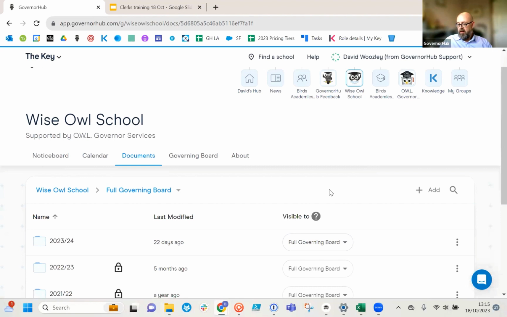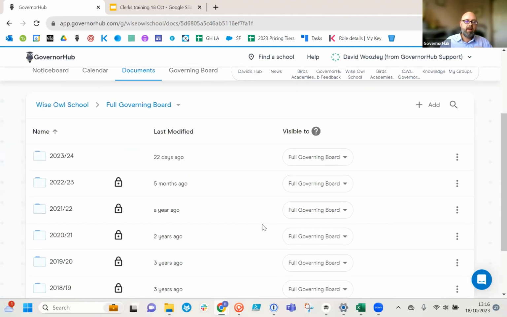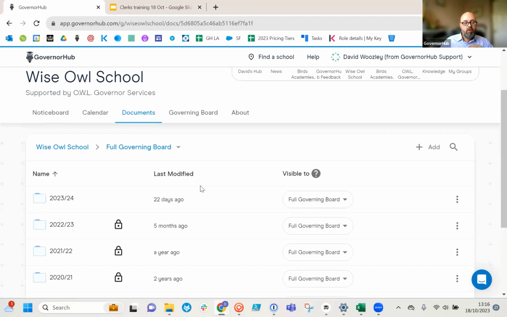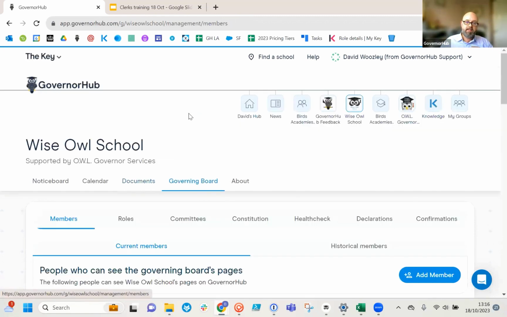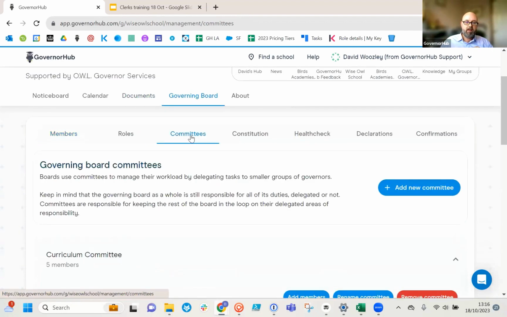Right. I will just mention, because we had a question in the other day on personal documents. By this, I mean if you have documents with personal details on, let's say you've recruited a governor and you need to store some of their personal information on the system, but you're worried about someone else potentially getting access to that, obviously you can store that elsewhere. But if you did need to do this on GovernorHub, one way of doing this might be to create a particular committee,